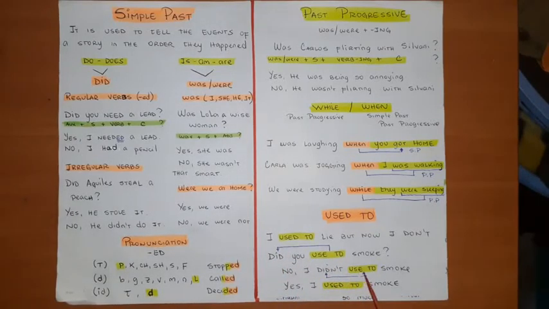No, I didn't use to smoke. Okay, the same happens in this example. No, I didn't use, without the d, because I have didn't. No, I didn't use to smoke. And here we have the affirmative answer. Yes, I used to smoke. Okay, used to smoke. In this case, I have to use the d because